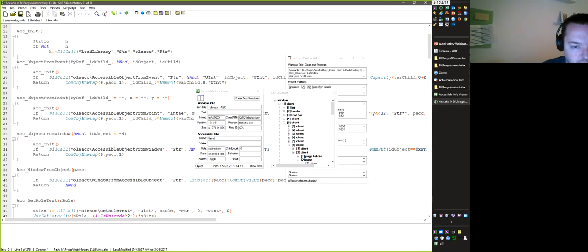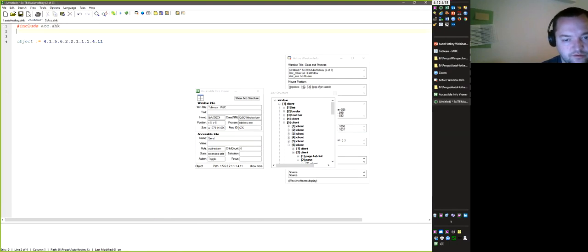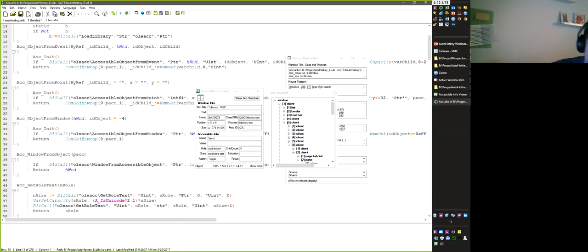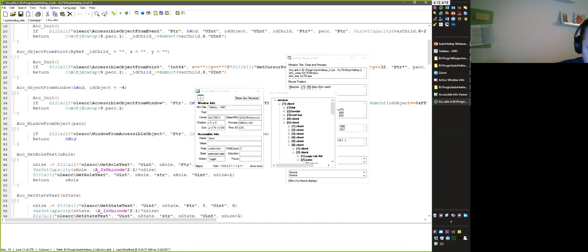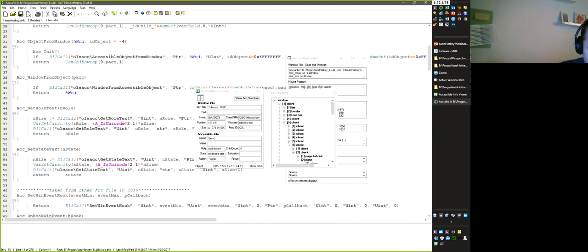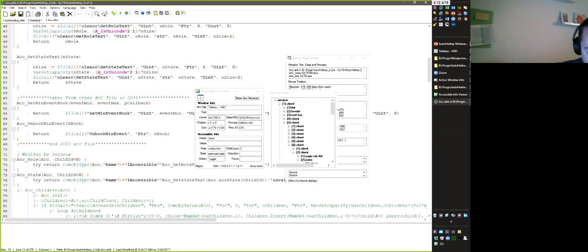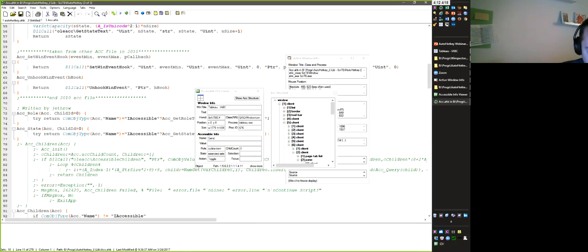We need to, let's say, Anc initialize. Let's take that one over to our new text script here. So we'll start with that. And then we need to get, let's say, we want an object. We don't want it from a window. We could have done that if we wanted something that far up. But for this one, I think we'll use the method Anc get